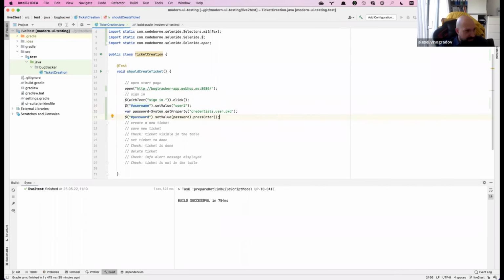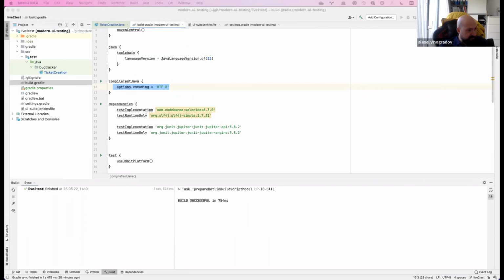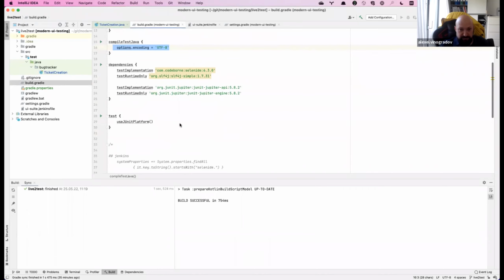For this to work, I need to add just one line in my configuration file, Gradle, something like this, to pass this property file to this test.